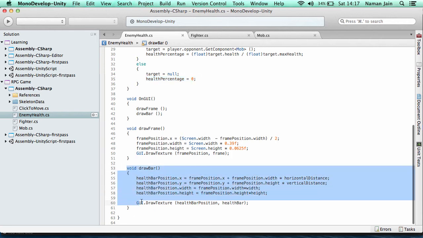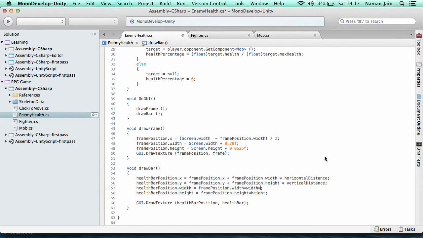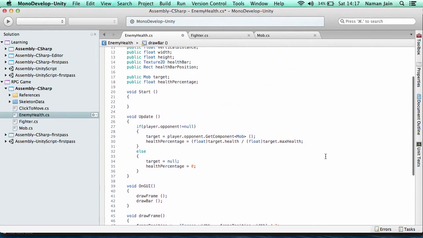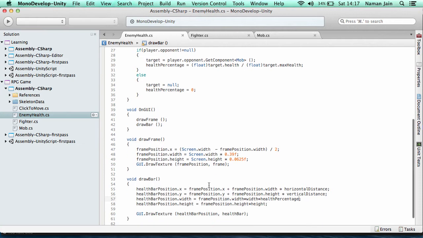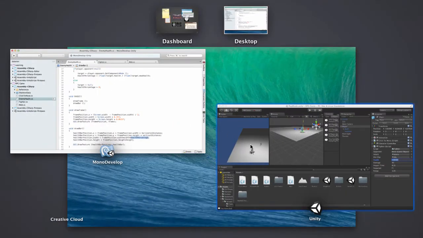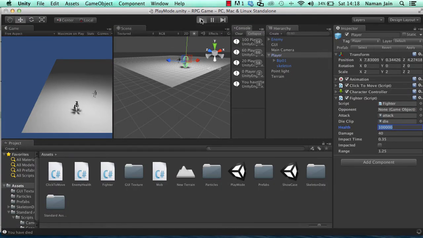So now that our health percentage changes accordingly, what we can do is go down to our draw bar, and in our width over here, which says health bar position dot width, you can go at the end and say times the health percentage. So basically we're multiplying our whole width by the health percentage, so it shrinks according to the enemy's health. So now you're going to see magically the bar is going to shrink,